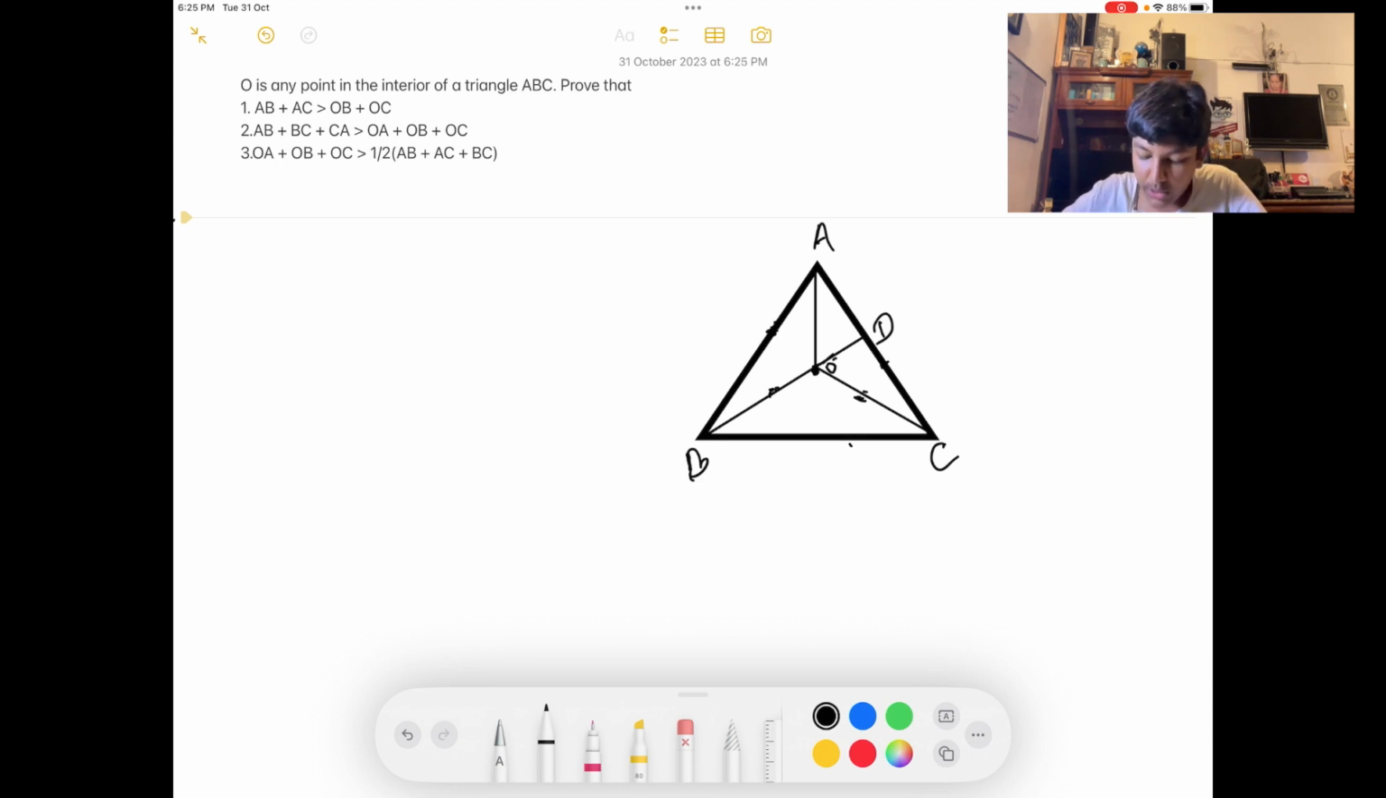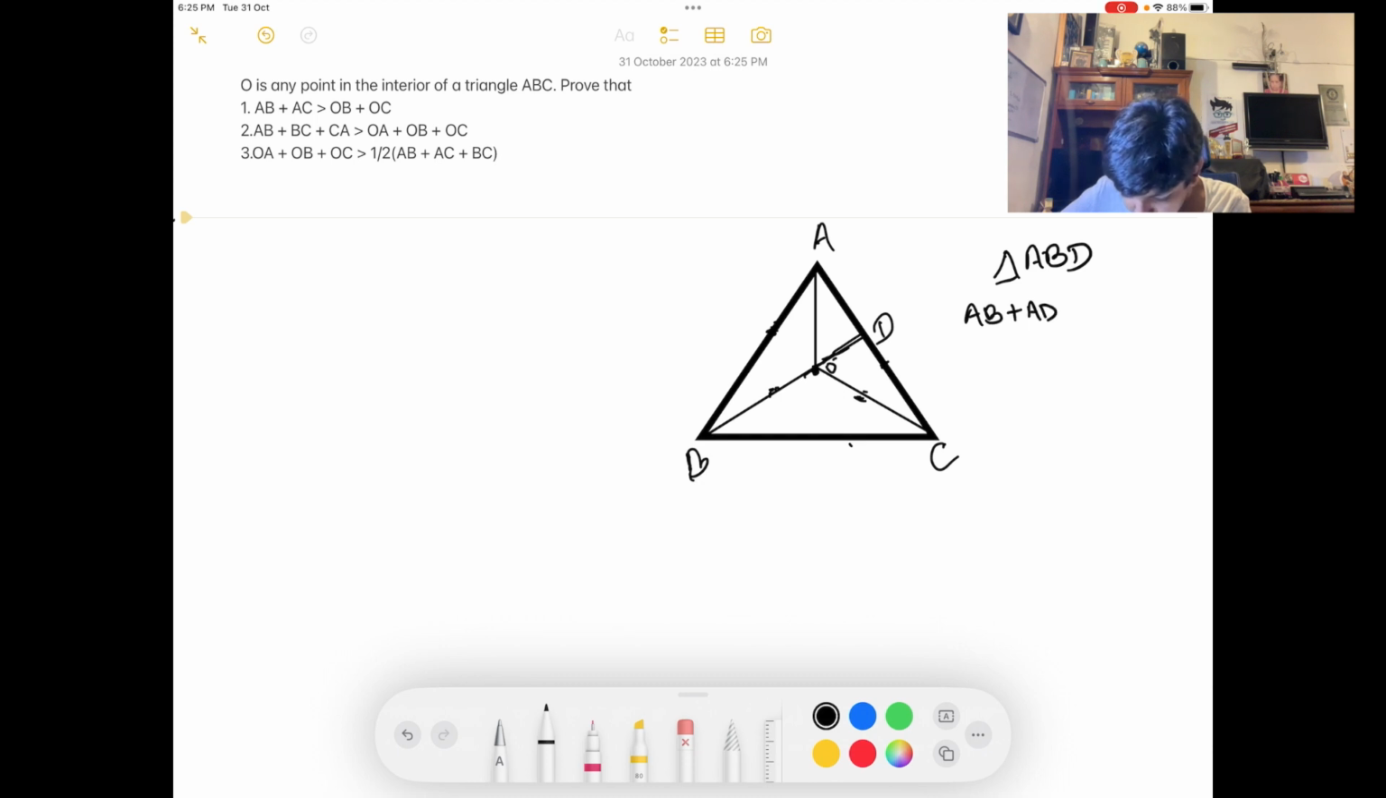So how are we going to do this? Basically we need one construction for this question, and that is OD, right? So we have to draw OD, that is just an extension of the BO line. And now to prove this we have to take the triangle ABD, right? So in the triangle ABD, using the property of triangles that the sum of two sides is always greater than the third side, we are going to say that